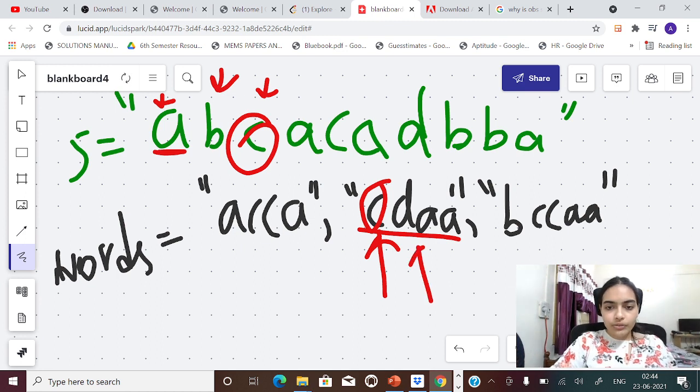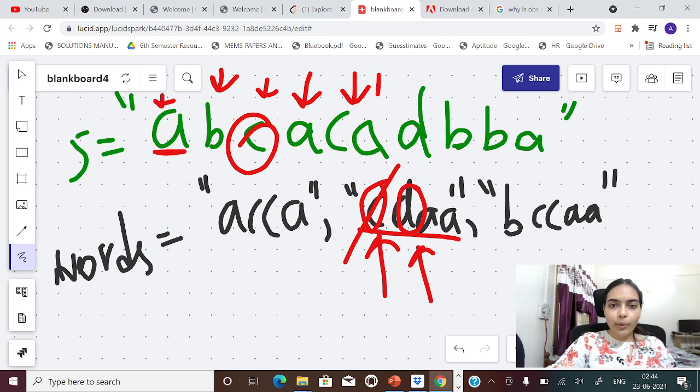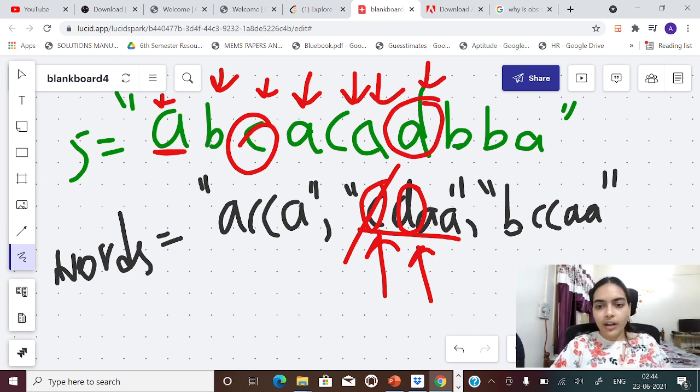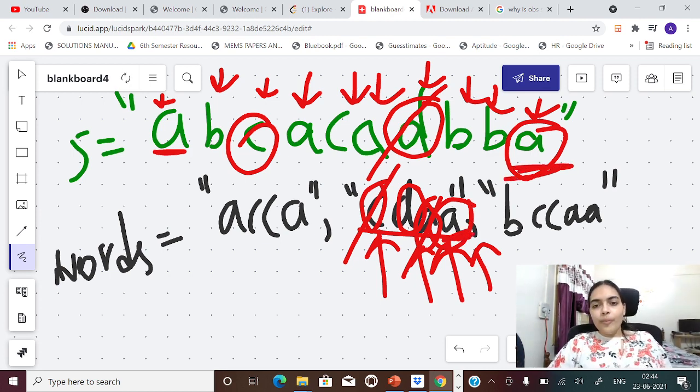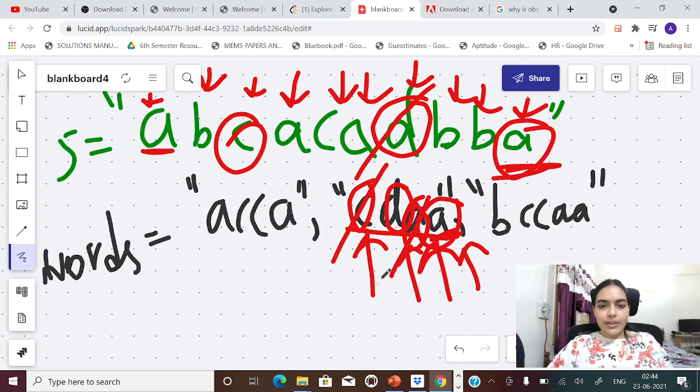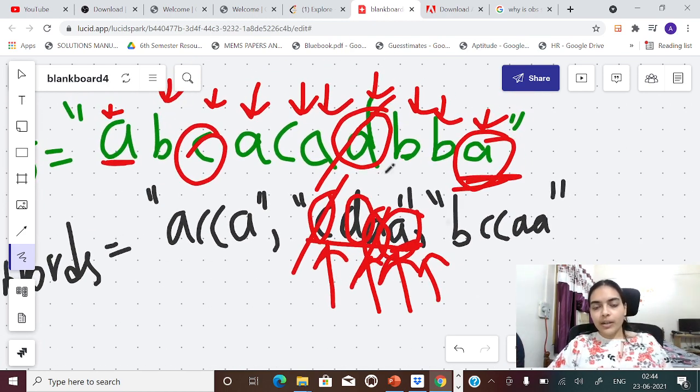Okay. Now we will move the small pointer to find D. So we will move on the big pointer till we find D. We found D. Now what? We have to find A. So we will keep on increasing the big pointer to find A. We found A. Now what we will do? We have to find the next element A. But we have reached the end here. We cannot find this element A, right? So this is not a subsequence. So this is the brute force approach.